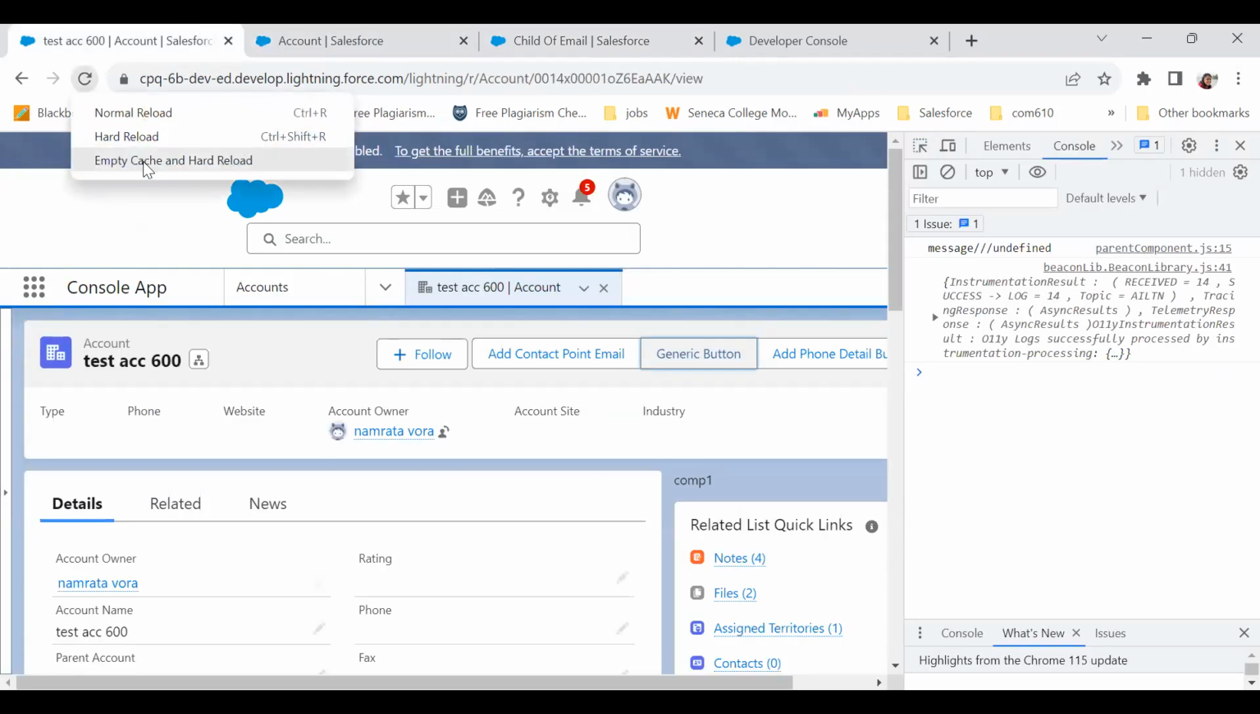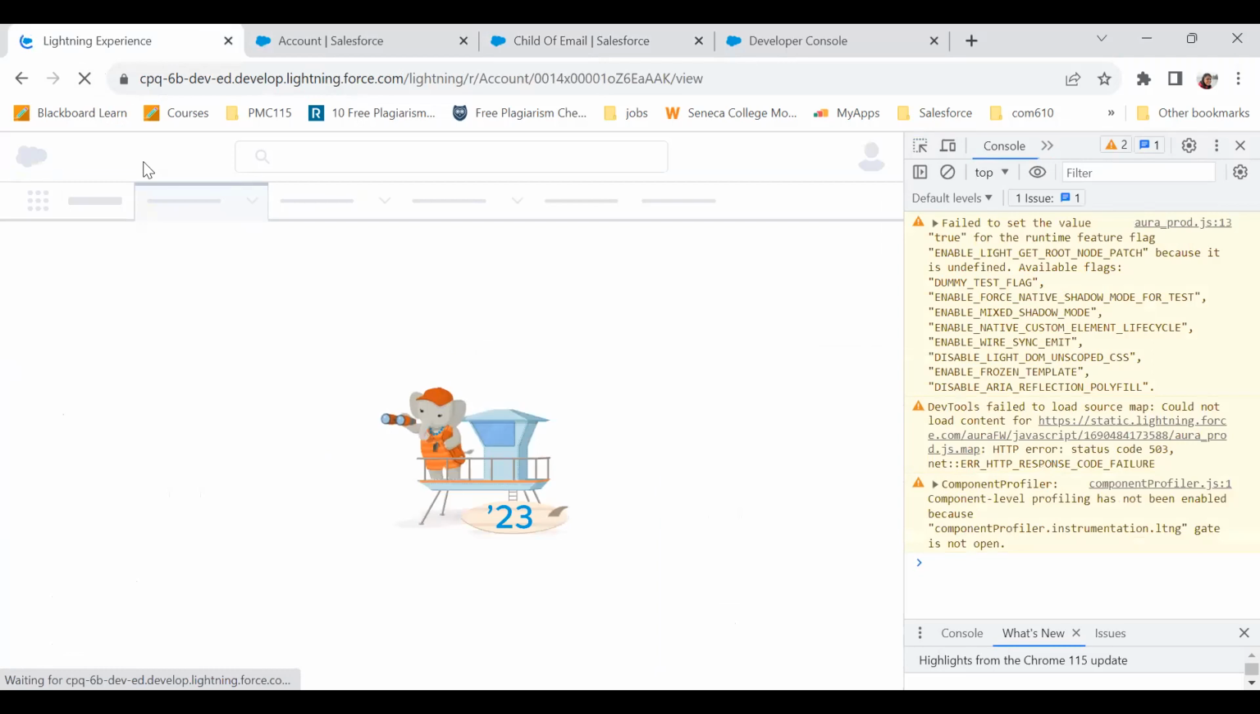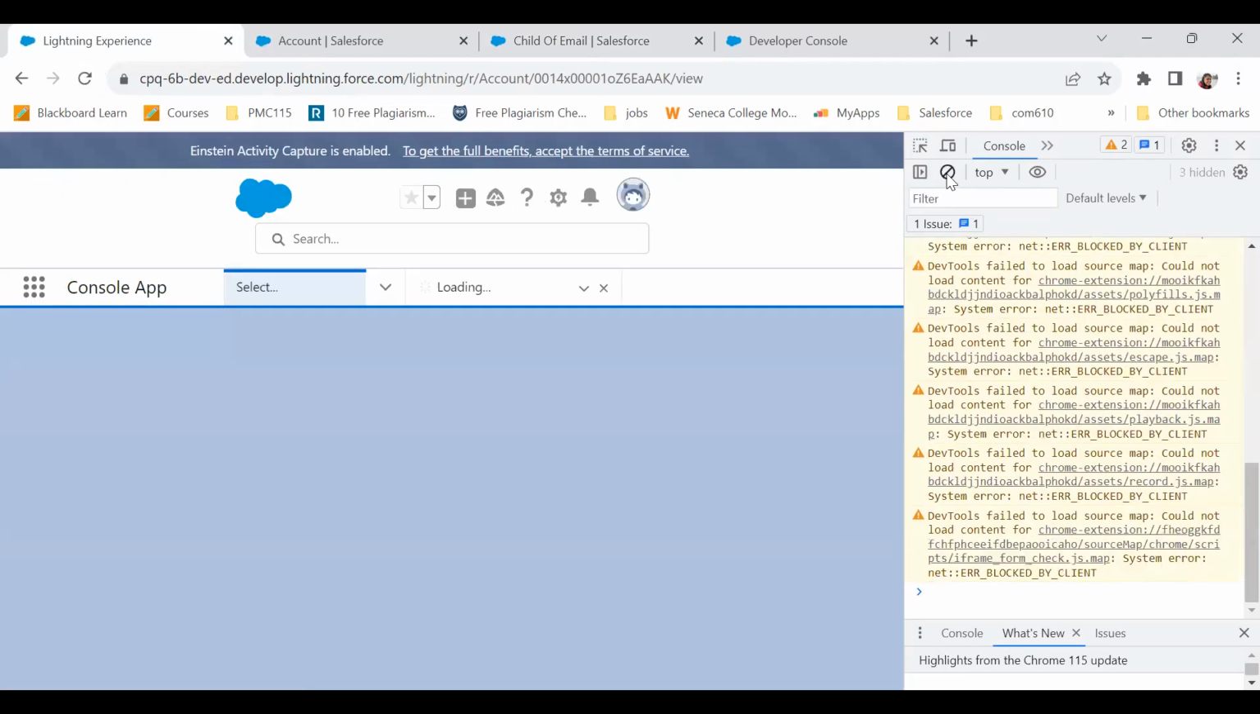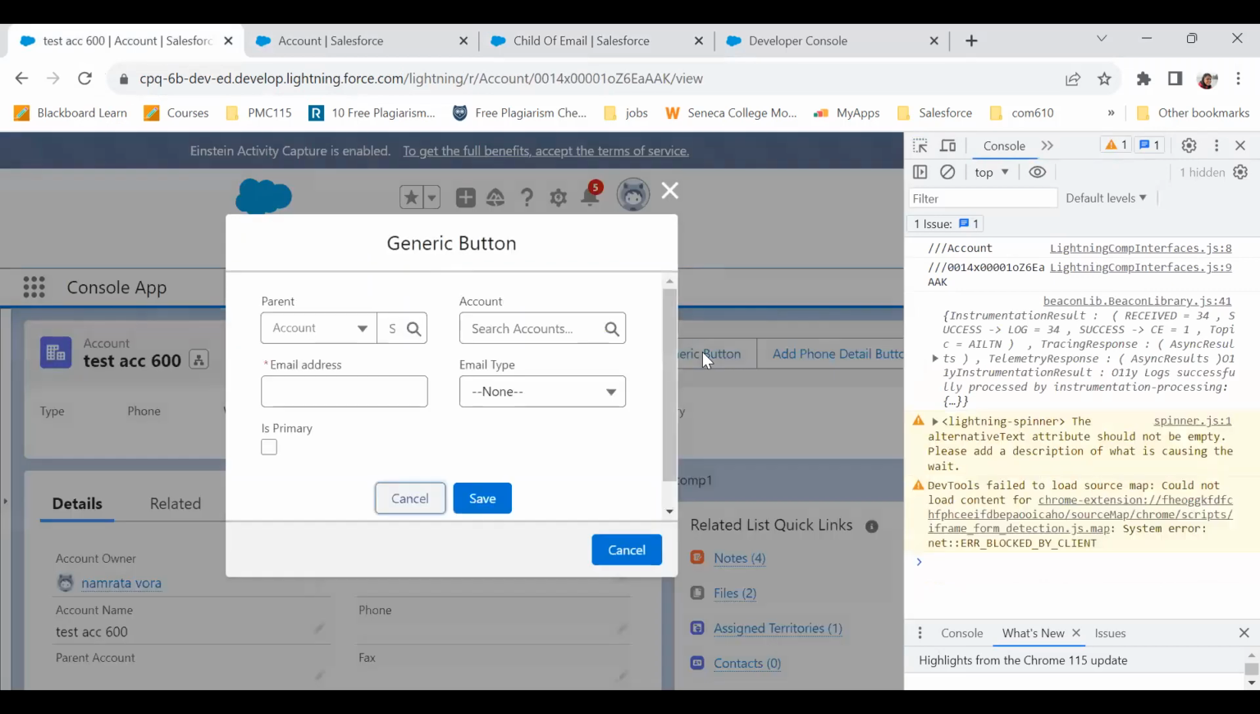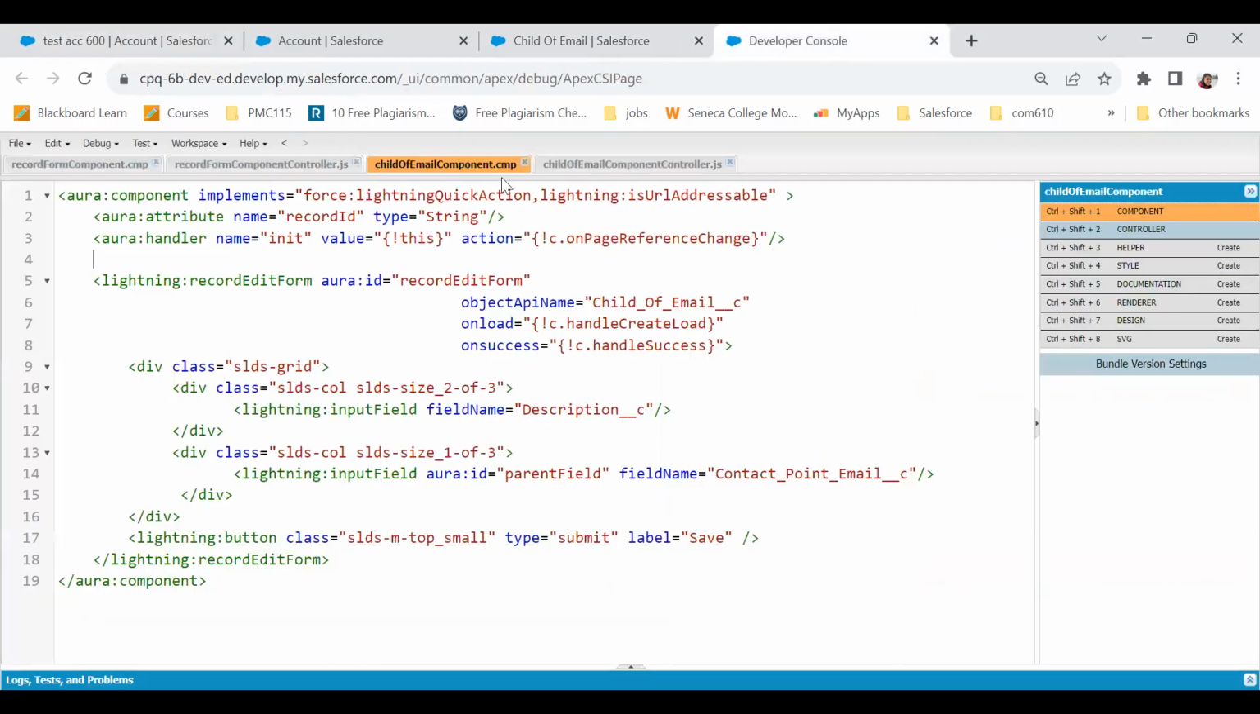Let's refresh. Now, when I click on generic button, you see this is the Lightning record form that we had created earlier. Now, what I want to do is the moment I create this record of contact point email, the moment I save it, and if it gets saved successfully, I want to navigate to other component, which is this one